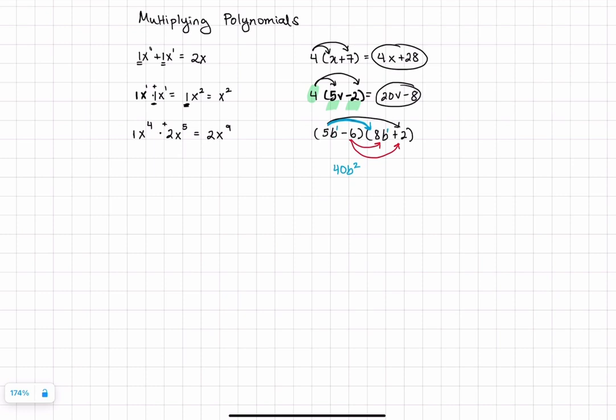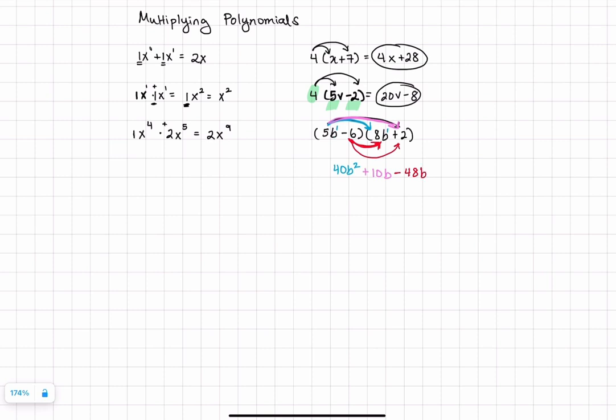And then 5b times 2 would be 10b. So plus 10b. Then we have negative 6 times 8b, which is negative 48b,